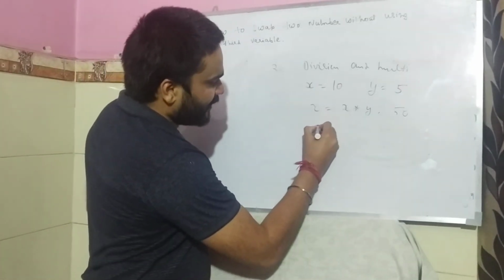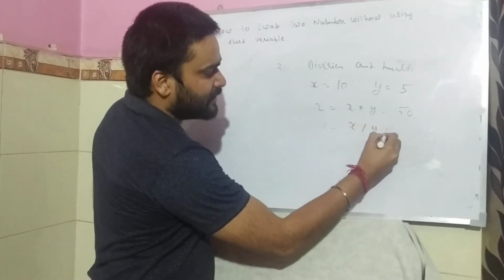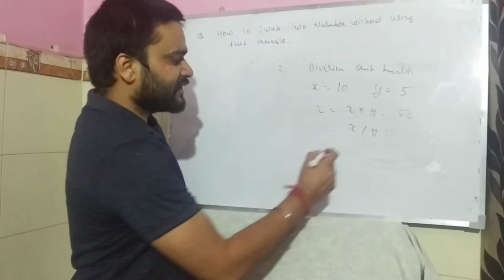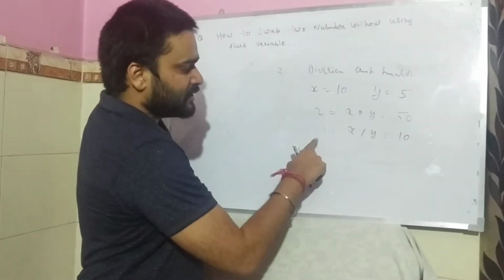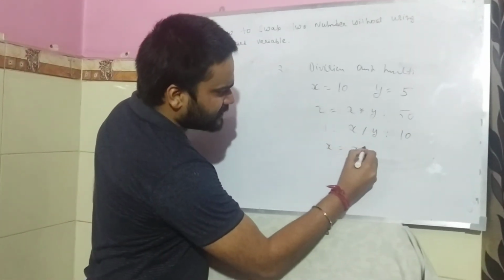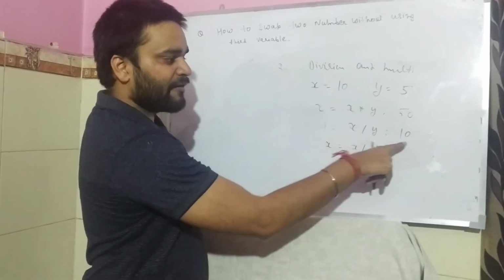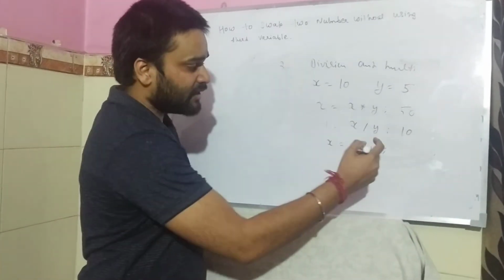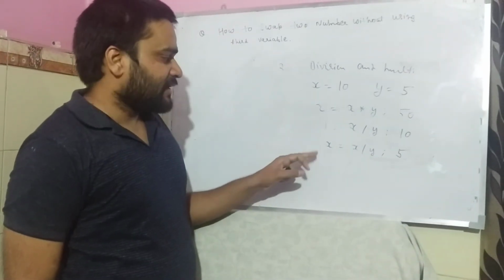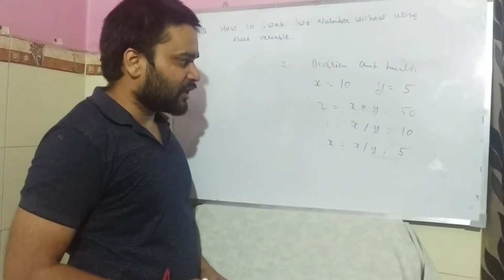So now y is equal to x divided by y. x is here 50, 50 by y, means 5, that is 10. So here y becomes 10. Now x equal to x by y, that is x is now 50, 50 by y, that is 5, 10, means it will become 5. So you can see that these two numbers are swapped with the help of multiplication and division also.